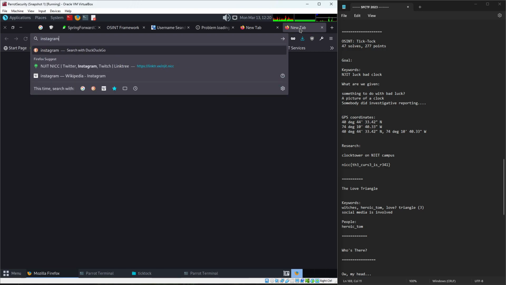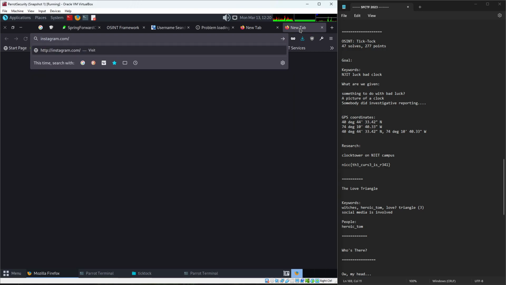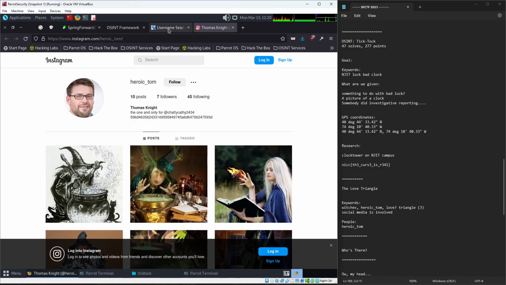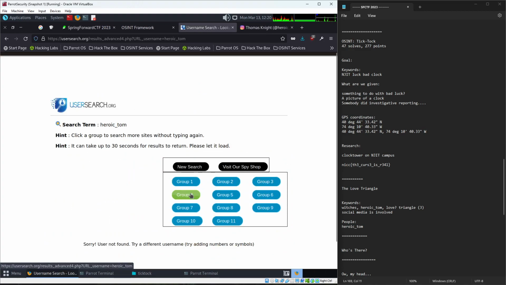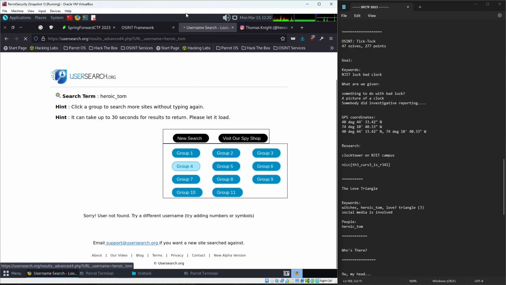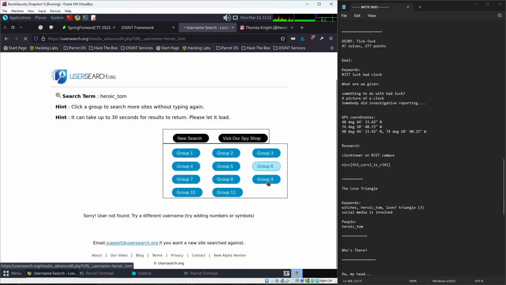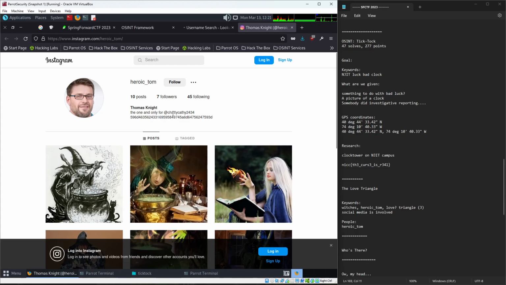So Instagram.com. And if you know that usernames are laid out like this, and that's the flag for the old one, you can just say Heroic Tom. And we're going to skip ahead because these are other ways you could search, but you don't need to go far. I don't know what these sites are using, but for some reason, maybe Instagram doesn't allow you to search or open up their API for that. Who knows? Anyway, so we're good now. We can look up. We know that witches were mentioned, so Instagram Heroic Tom is important. And let's open up a new page as well.